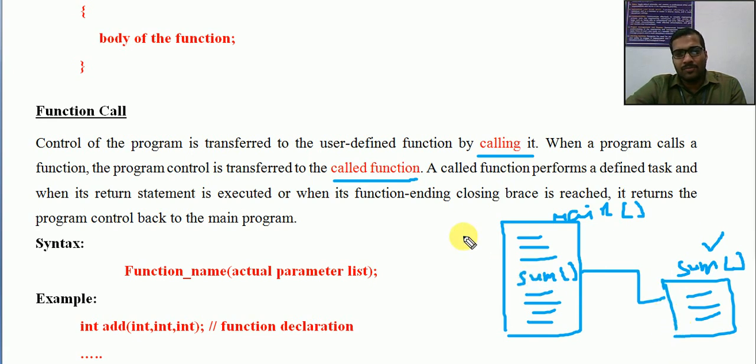For example, this is the location where our program starts, 2000. Now at some point of time it calls the function sum. Then the control will go to some other location. For example, the sum is written in the location 3000. It will execute this body. Then after executing this, it will return back to the same location where it was called.